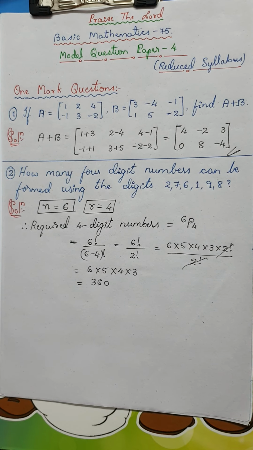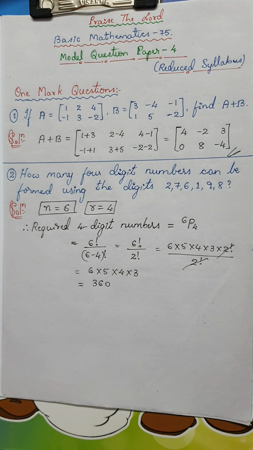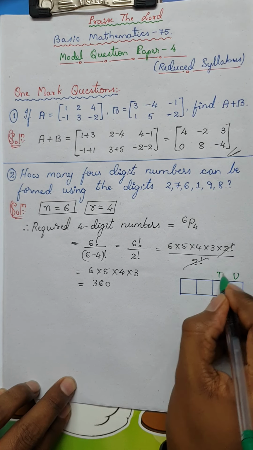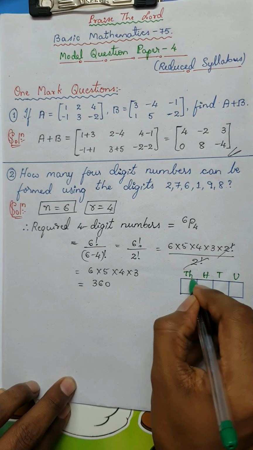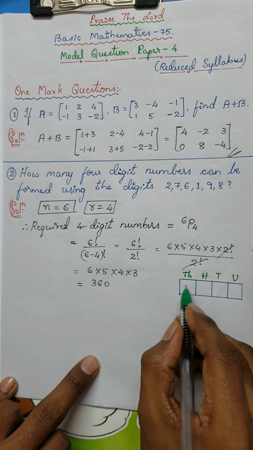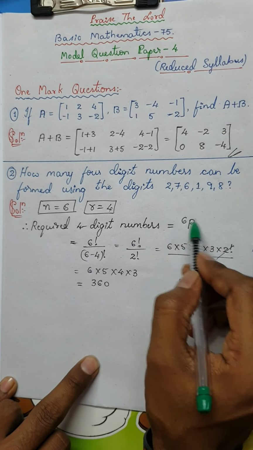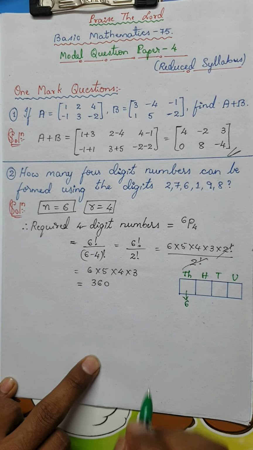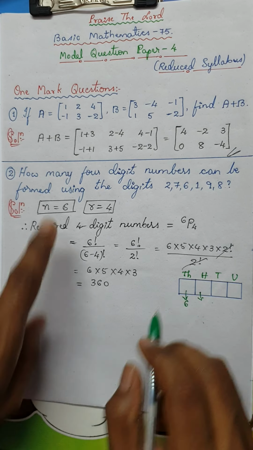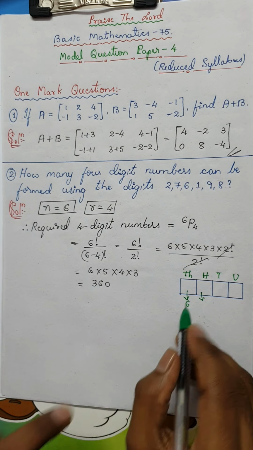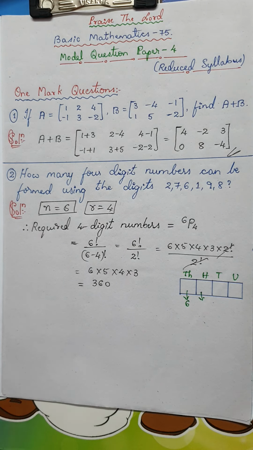I'll also give you a small picture of the fundamental principle of counting, and we shall move on to the next question. So think of a 4-digit number. You take it as units, tens, hundreds and thousands. Since there are no zeros, a 4-digit number is actually a valid number. So here, how many chances are there? I can take any of the 6 numbers in this spot. Once the number is fixed, remember, if they don't say anything, that means numbers cannot be repeated. Unless they say the numbers are repeated, you say numbers cannot be repeated.